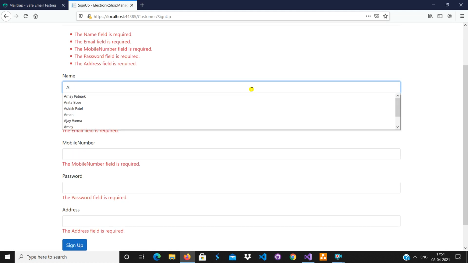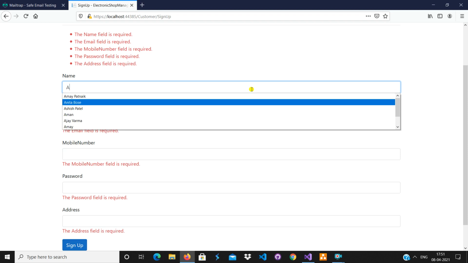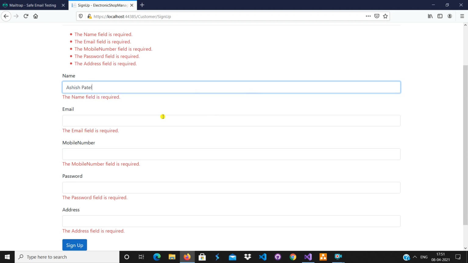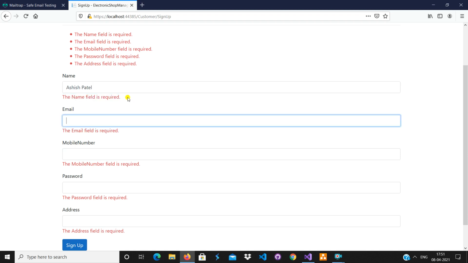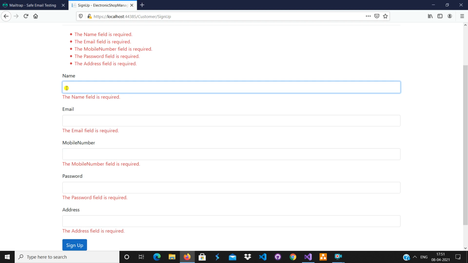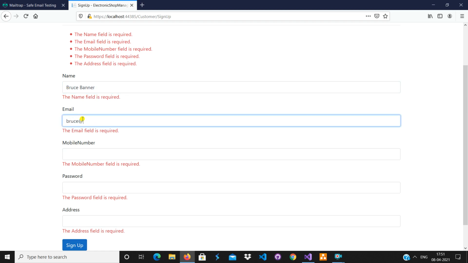Let's say Ashish Patel is the name, or just a minute, let's have some unique name. Let's say Bruce Banner is the name of the customer, and his email ID is bruce@gmail.com.